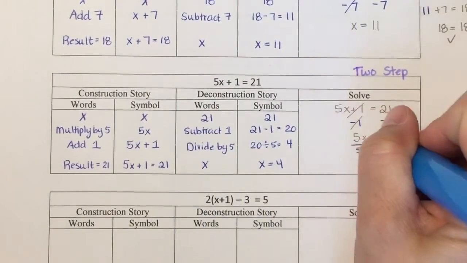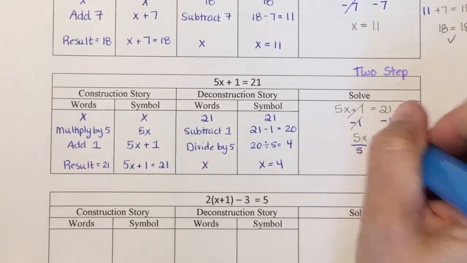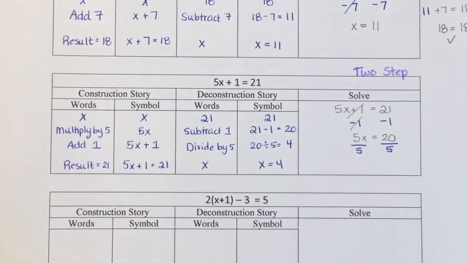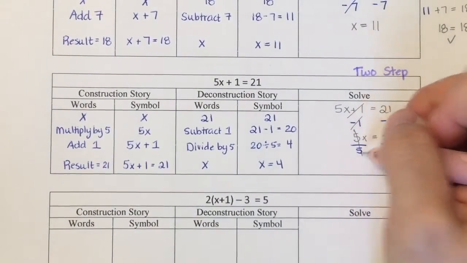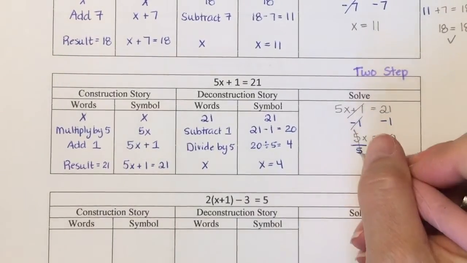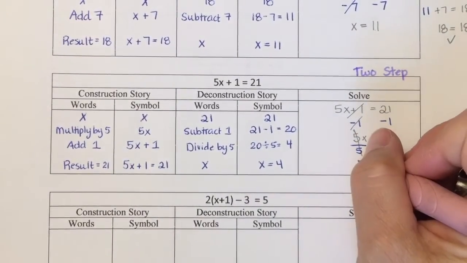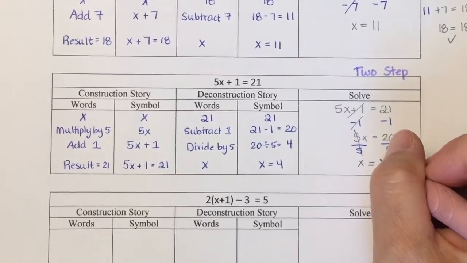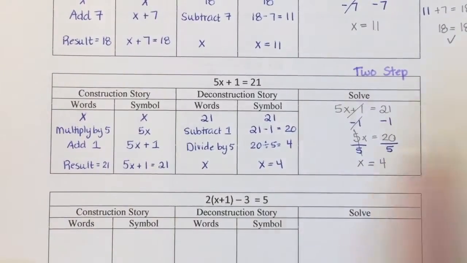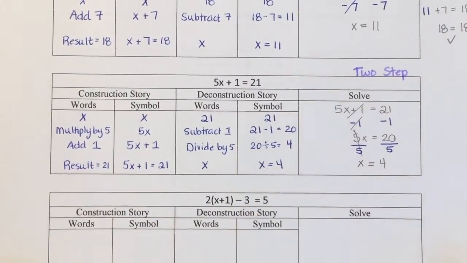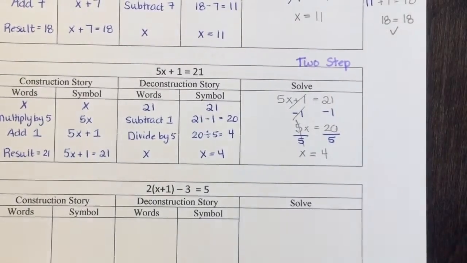And I do my operations in a different color so that I can see what I've done and keep track of them. So 5 divided by 5 is just 1. So that leaves me with x. 20 divided by 5 is 4. Right on, which is what we got. Okay. So now if we want to check our work,